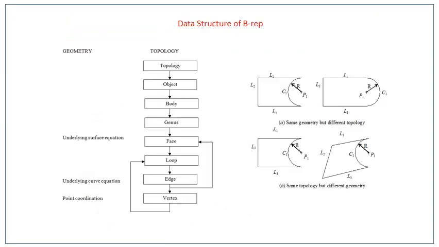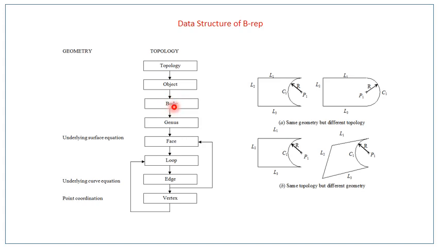Data structure of boundary representation. So how is an object represented through boundary representation? Topology is nothing but how the elements are connected between them. Geometry is nothing but the shapes, how the shapes are. So that can be derived from this geometry. From the topology, the object can be identified and the object can be cut down to form bodies, number